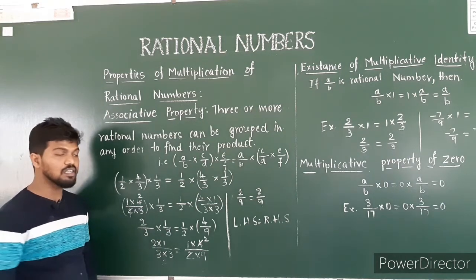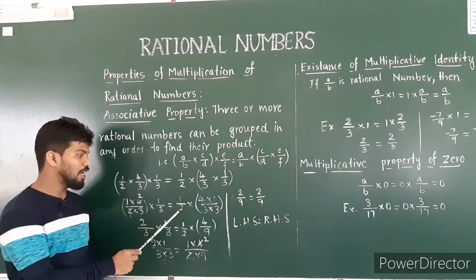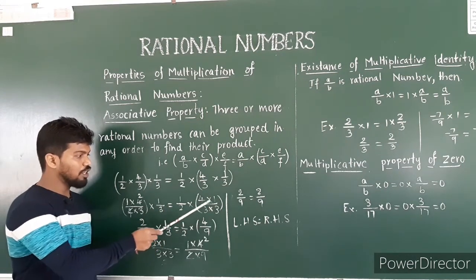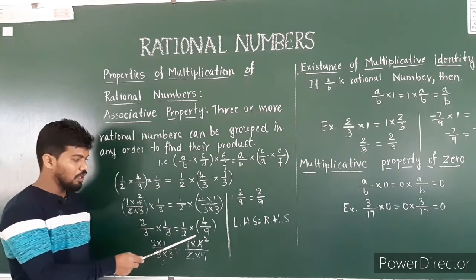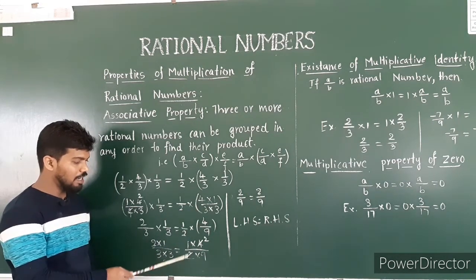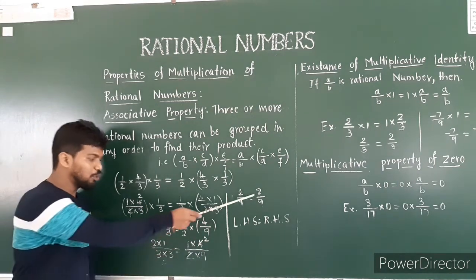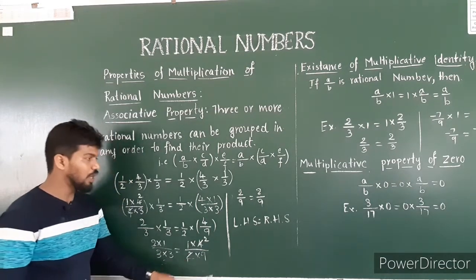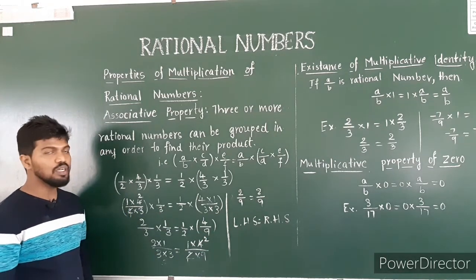Now you see the RHS. Here I grouped the last two terms. So 1 by 2, first you solve the bracket. 4 into 1, 3 into 3. So you get 4, and 3 into 3 you get 9. So 1 by 2 as it is. So 1 by 2 into 4 by 9. So 1 into 4 divided by 2 into 9. 2 ones are 2, 2 twos are 4. So 1 into 2 you get 2, and 2 into 9, 1 into 9 I get 9. So 2 by 9 equals 2 by 9. So that means LHS equals RHS.